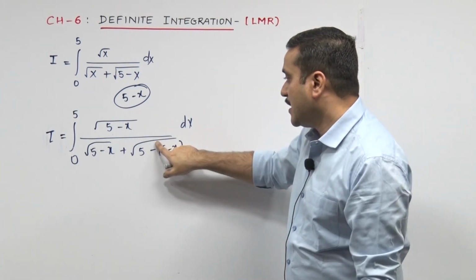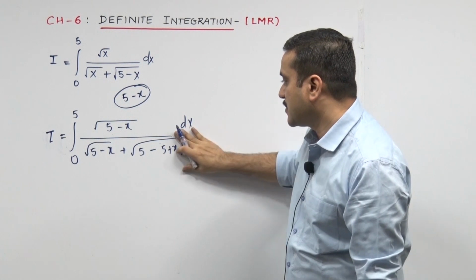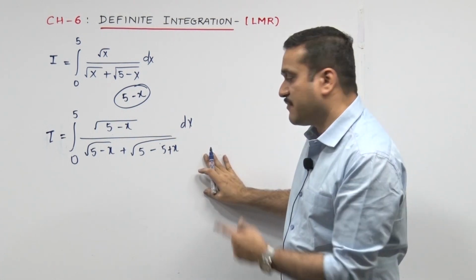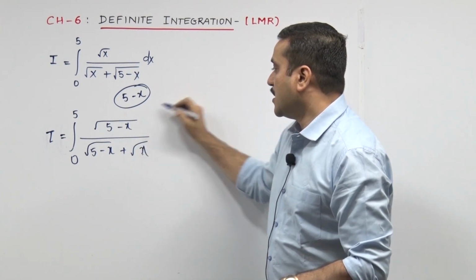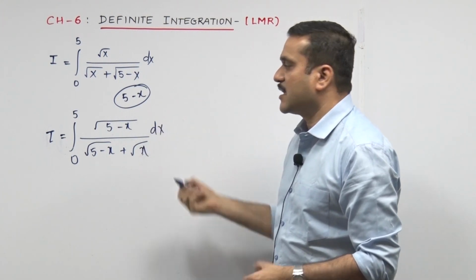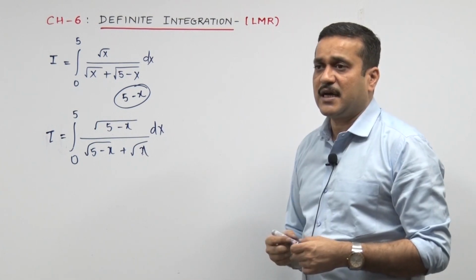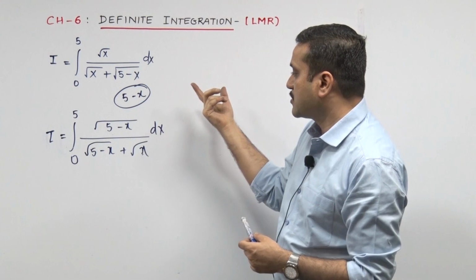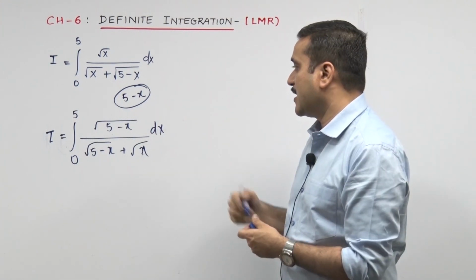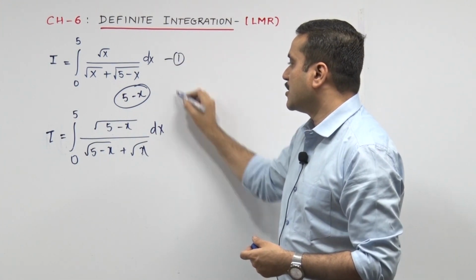Coming back, let's release the bracket. That's natural. That's gone. And then I can see 5 minus 5 gone. You are left with only x in that. Now, a viewer out there may think there isn't much difference. He says even that cannot be solved. And then the viewer says, if that cannot be solved, even this cannot be solved. Correct, correct, correct. I call this 1, I call this 2.